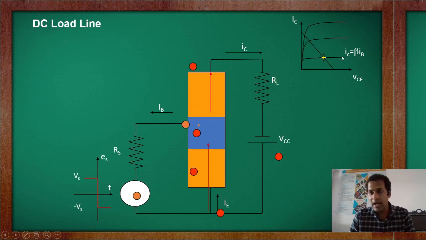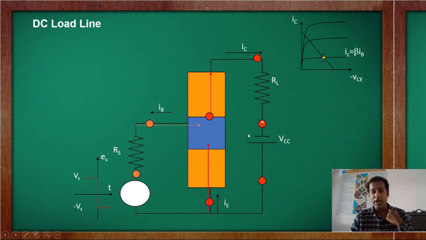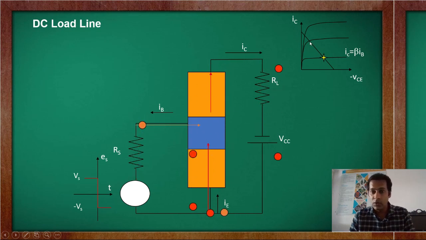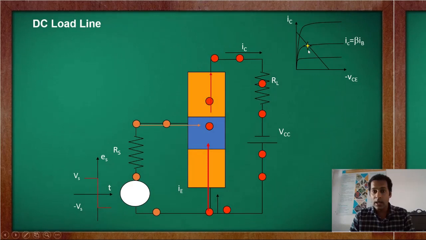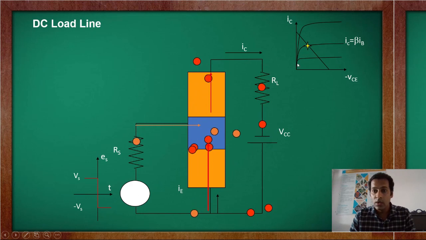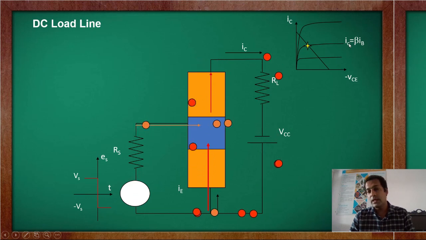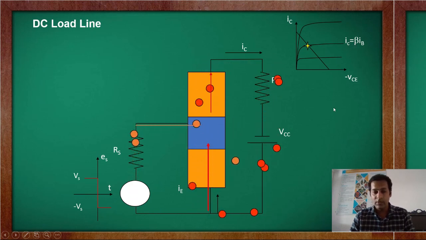And the input current IB is low here. For low, there is less movement of current. Movement of current is nothing but movement of electrons. So if I increase the input IB, what should happen? My operating point will go above, but current will also increase. Now say only 1 electron is moving, and if we increase the point, now 2 electrons are moving. You can see the current is increased because we have increased the base current. For both regions, we get IC is equal to beta IB. It is applicable for both.